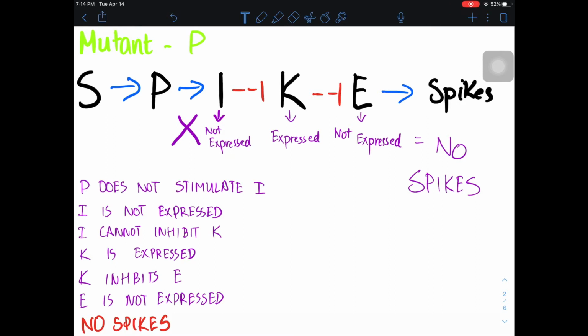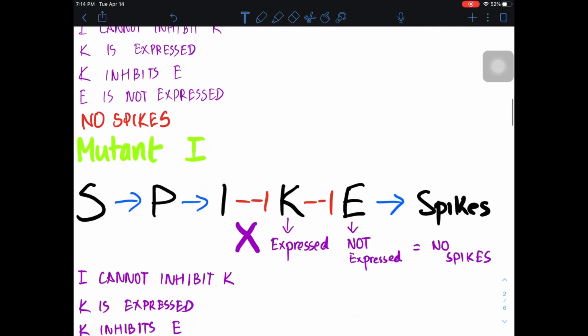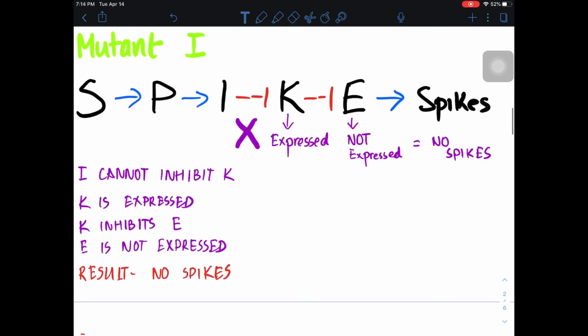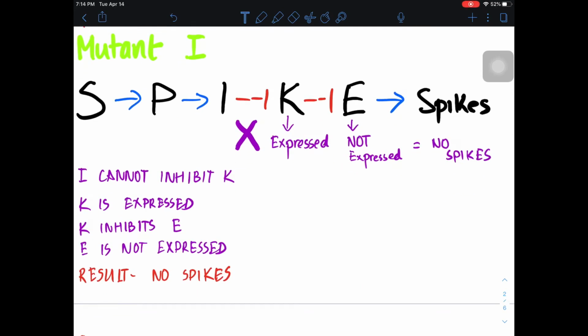Now, let's look at a mutation in I. I cannot inhibit K, so K is expressed and it inhibits E. So E is not expressed, which stimulates no spikes. For the third